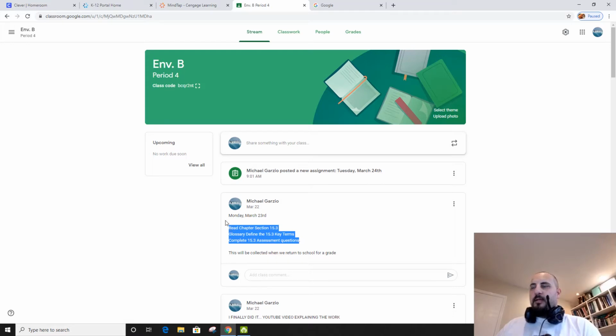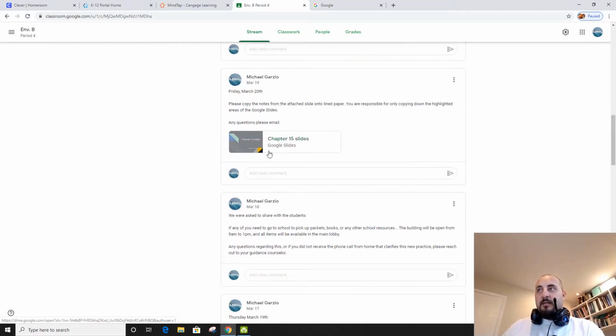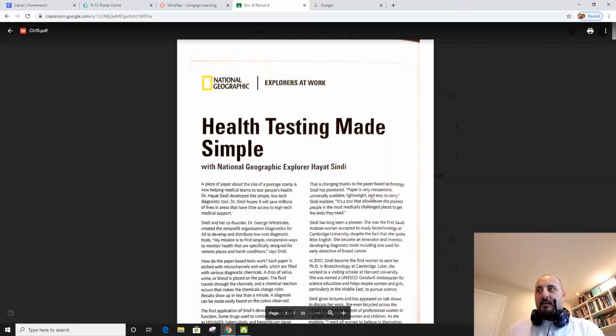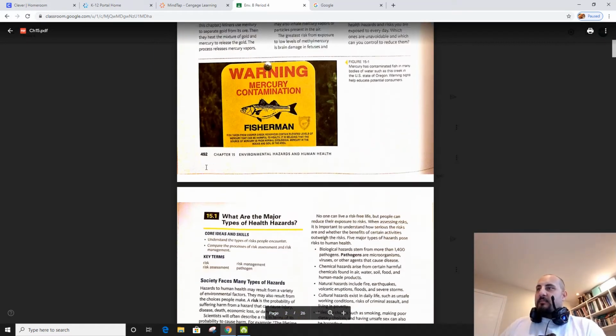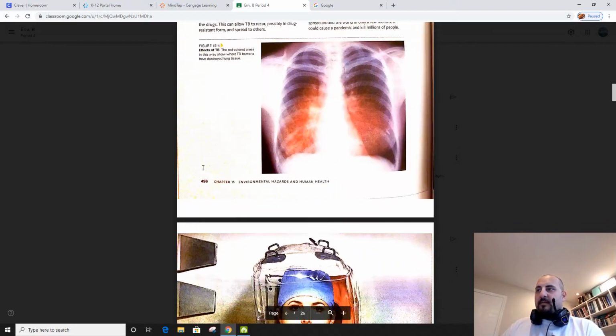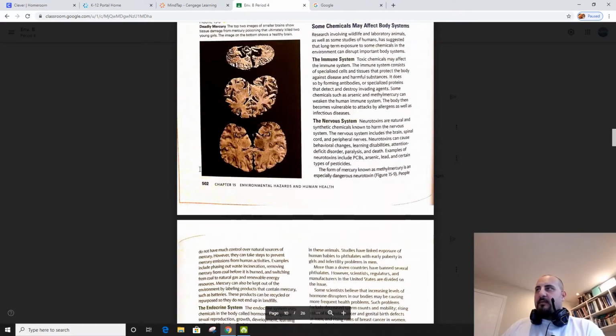Now, if you cannot get your work because you don't have access to Clever as of yet, remember, if you scroll down, now all classes are the same here. That's the slides, chapter 15, PDF, right here. Okay. This is the taken, got it, keep going, happy fun time. Scroll all the way down, not the best quality, but that's what happens when you have to make a PDF